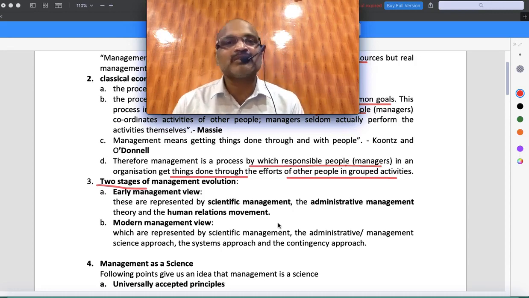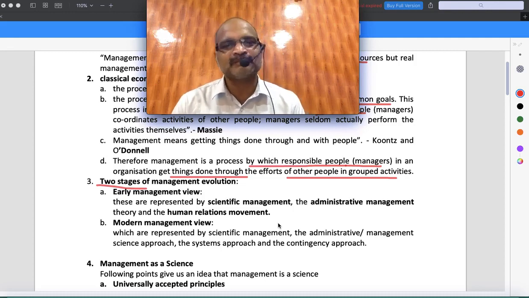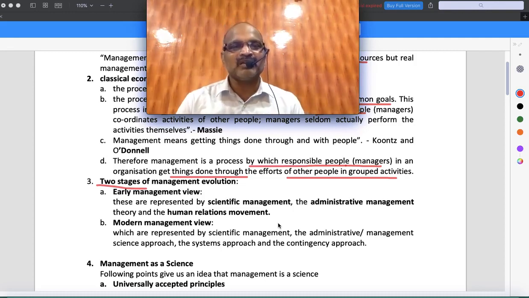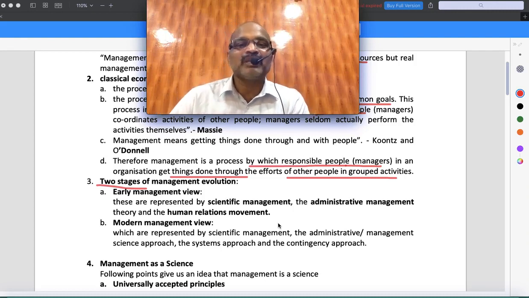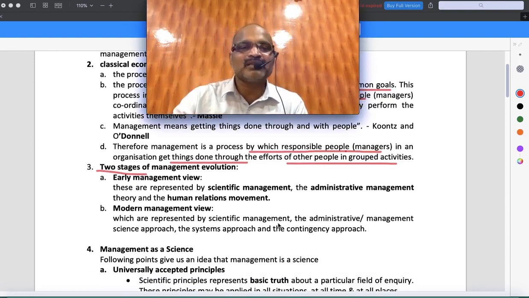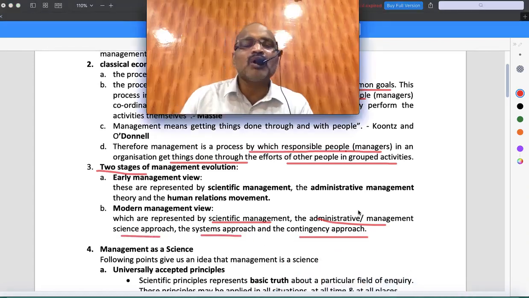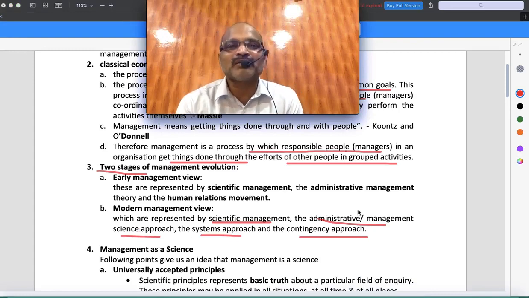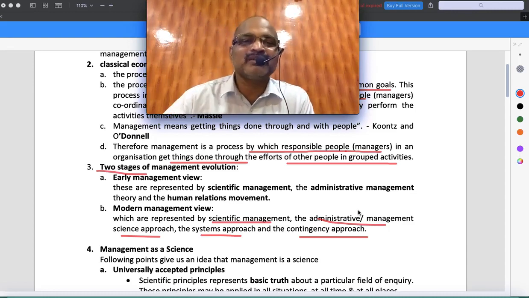Understood now? They are very difficult. First of all, sir, the oldest view of management is what? In the oldest view there were three very important theories: scientific, administrative, human relations. I repeat, in the oldest view we have got how many? Three important views: scientific, administrative, human relations. Very clearly I gave you in the sentence, right? Second important, the latest one, we have got scientific, we have got administrative, we have got systems approach, contingency approach, etc. That means the modern approach did not deny the old approach. The modern approach did adopt and follow what was explained by old people.